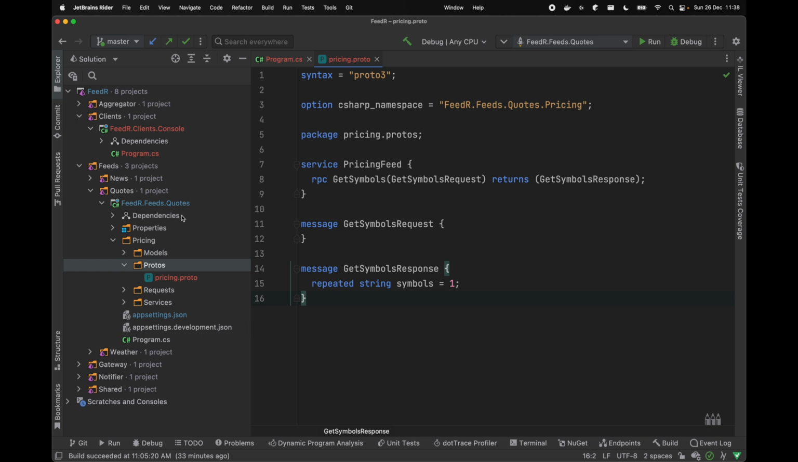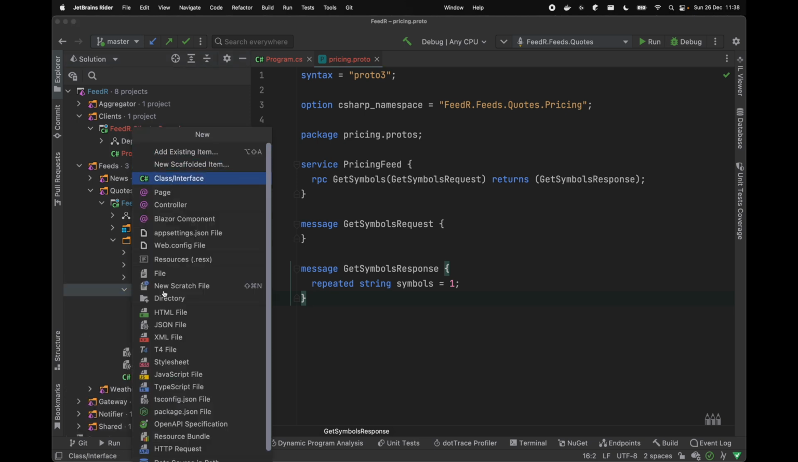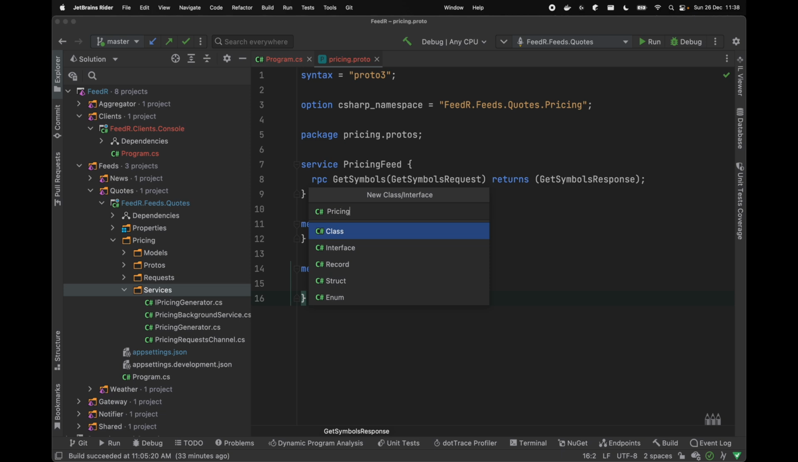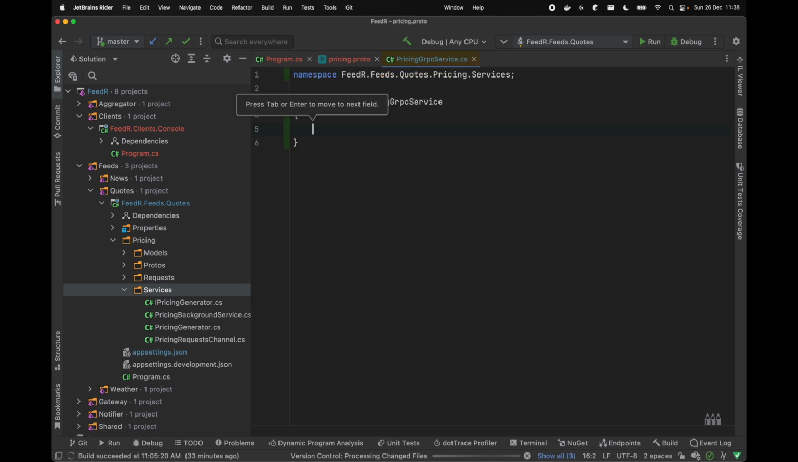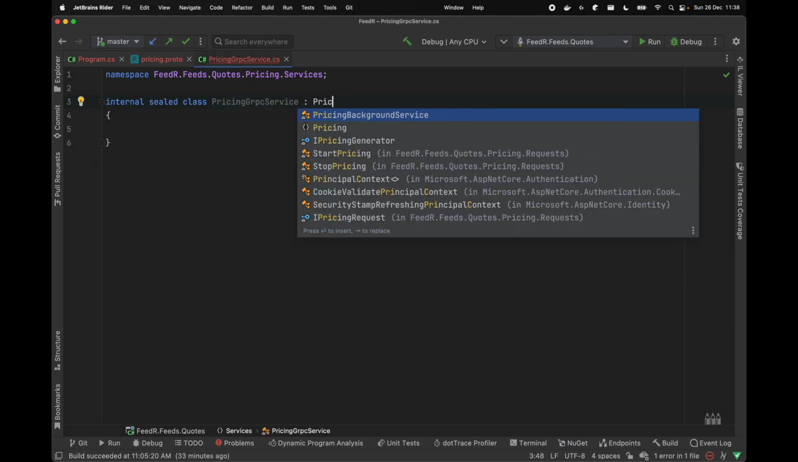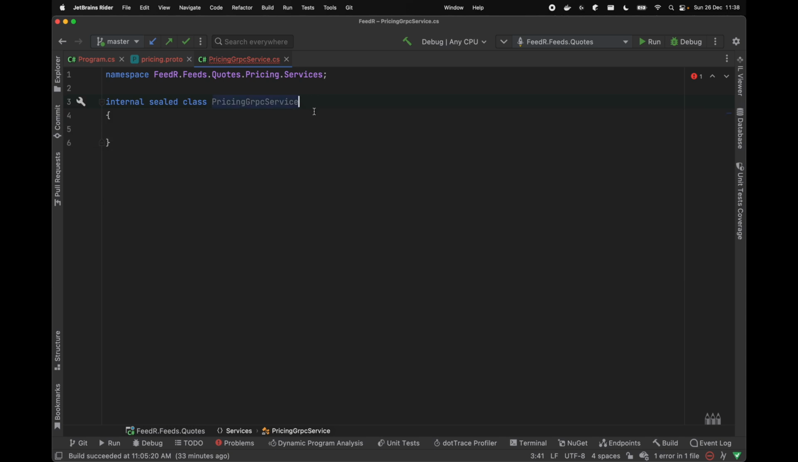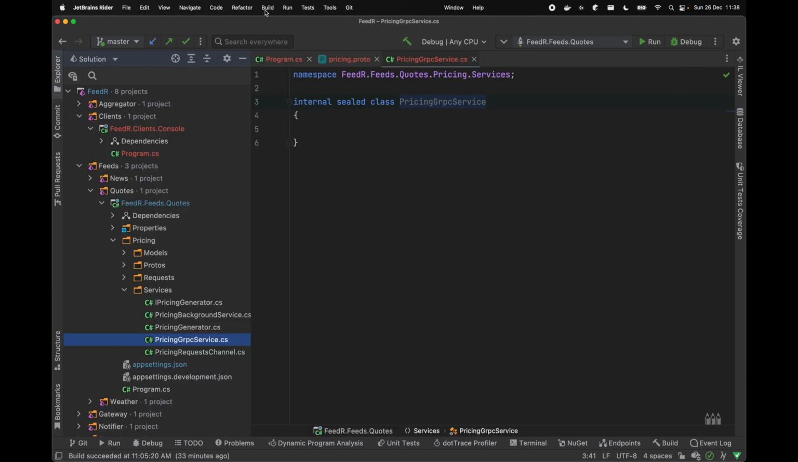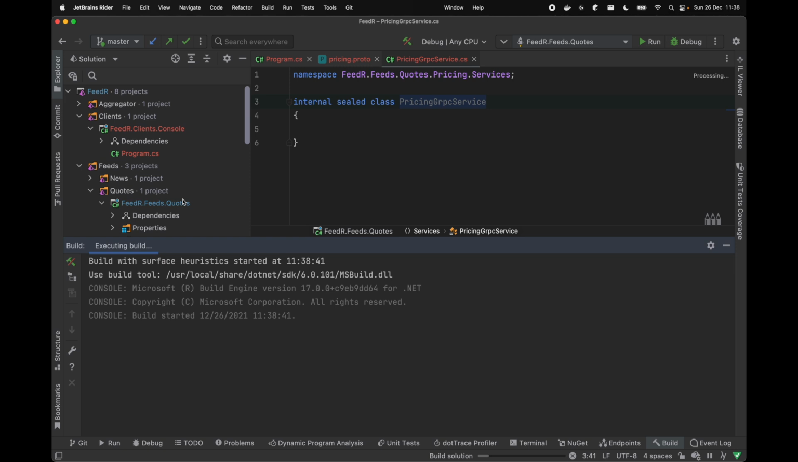So let's try now to implement our service. What I'm going to do is, within our FeedR, under services, add a new class, and I'll call this PricingGrpcService, just like this. And this class will simply implement or derive from this pricing feed service. So now let's rebuild our app and take a look at our